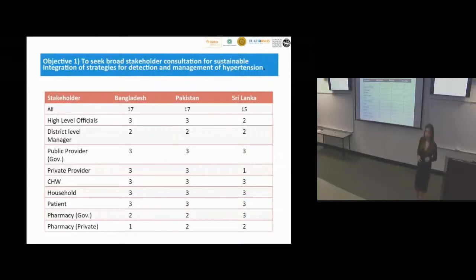So coming on to the first objective was getting the stakeholder feedback. And who are our stakeholders? Our first stakeholders are the high-level officials, and this is what we did. These are the number of interviews we did in the 3 countries. The high-level stakeholders were really the ministerial level people from the health ministries in the 3 countries and the finance ministries. And why did we go to the health ministries and the finance ministries? Well, we had to get their buy-in, right? We shared with them, this is what we want to do, and we wanted to sensitize them.